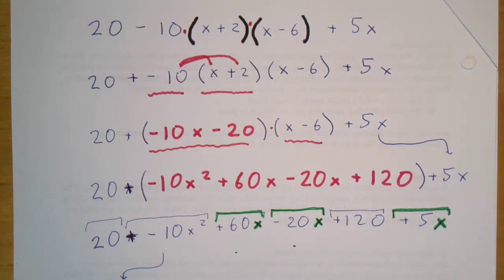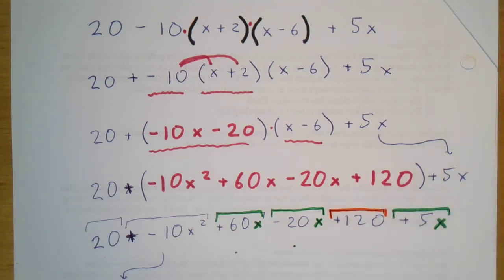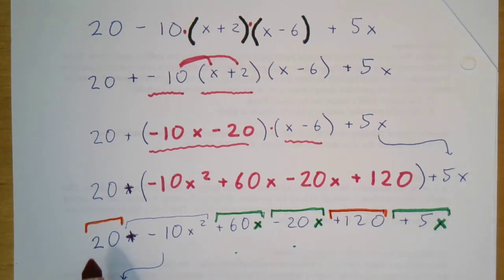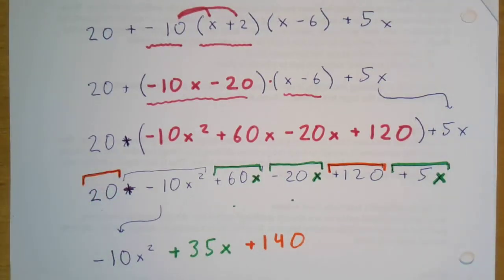Okay. I noticed that there is a positive 120 and a positive 20. So 20 plus 120. Oh, I'm sorry. I just realized that was off the page. Okay,